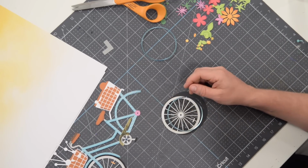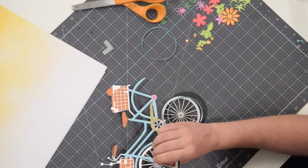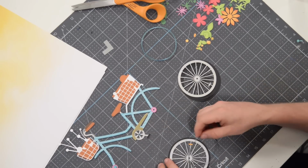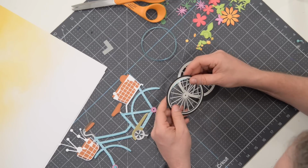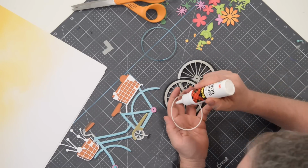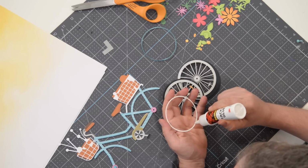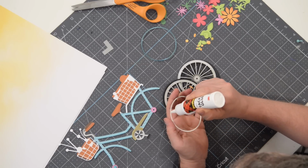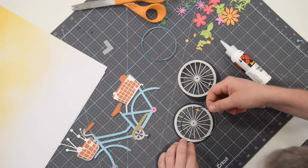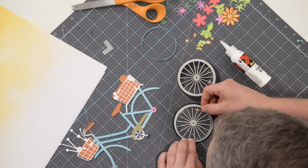Oh, you know what? Actually, I forgot to put something on there. Good thing that we didn't glue this down. There's a little trim piece that we need to add around the perimeter too. Okay, so that's going to go around the inside perimeter like this. All right, so another fun, challenging little piece here. Just go easy on the glue. Just try to get as much as you can on there. And then I'm going to go around again with my finger, just kind of dabbing it. And I actually did a good job there. And do your best to get that aligned right along the inside edge